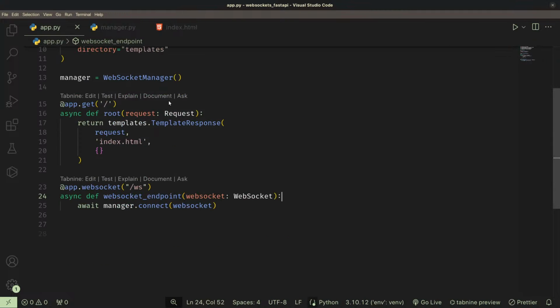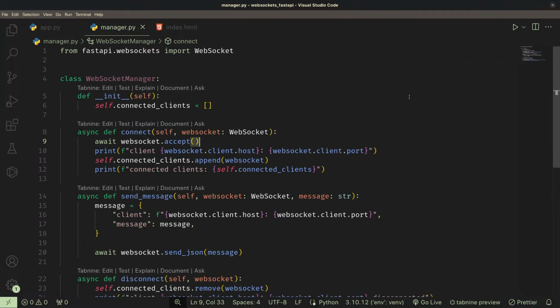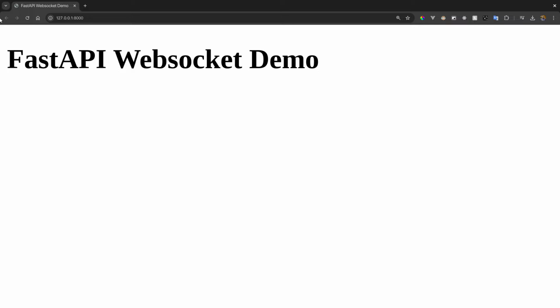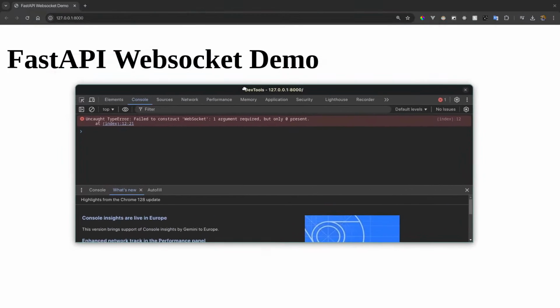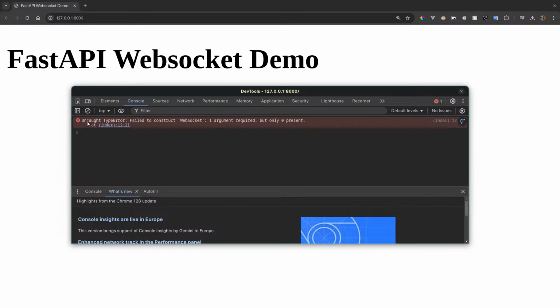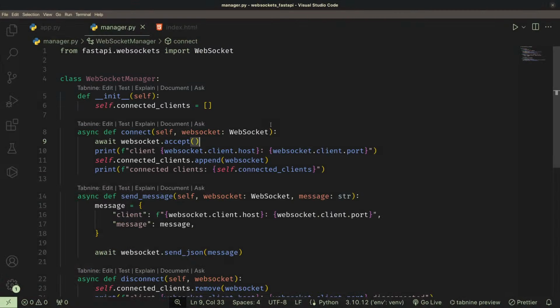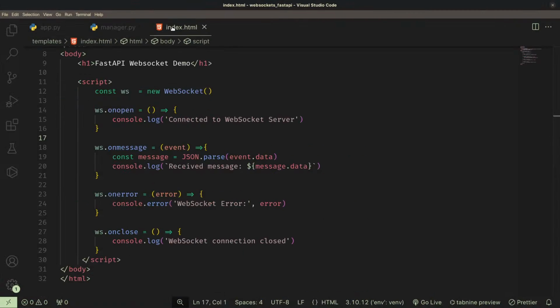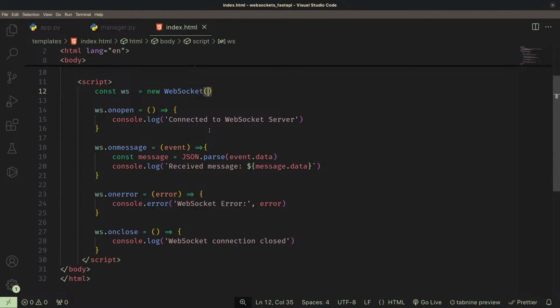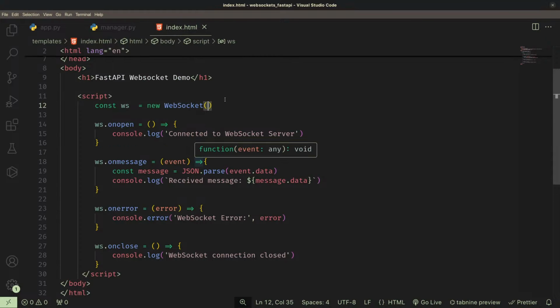So to continue, let's go ahead and refresh our browser or our client to see what is going to happen. I'm going to open up the DevTools on my browser so that we can actually see what is going to happen. So we have an error, uncaught type error, failed to construct WebSocket, 1 argument required but only 0 present. So I guess I forgot to specify the URL on which our